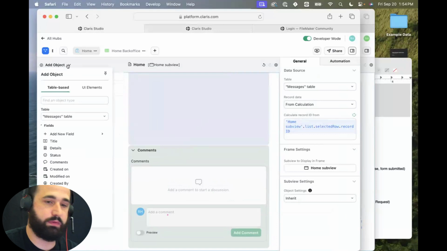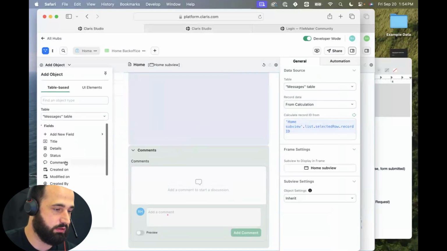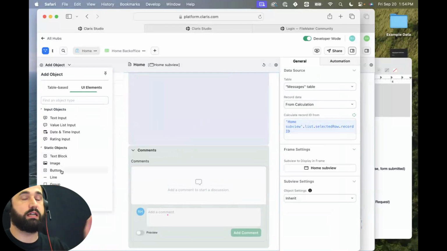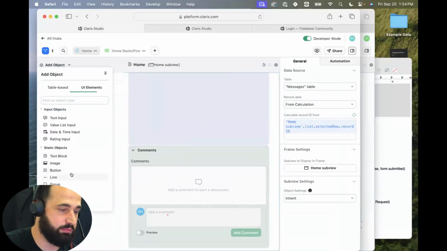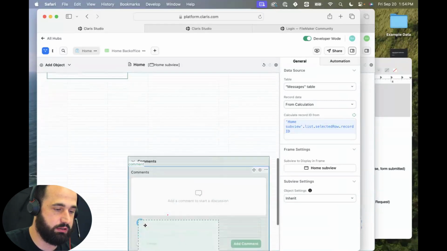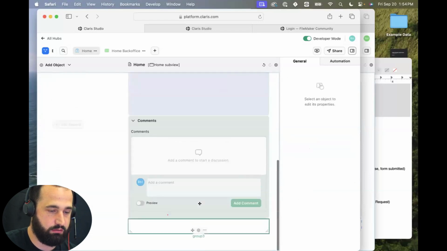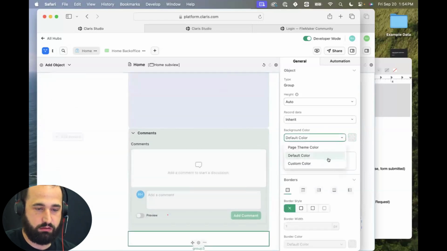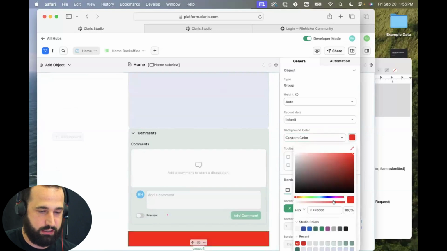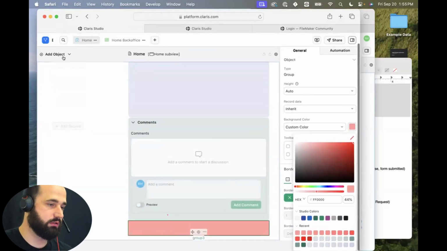Yep. All right. And then we're going to do one more group because one of the magical parts of groups is that they do take up the space when other objects are removed. That's part of their built-in logic. So now what I can do here is put another group down at the bottom, and we're going to make this maybe not that obnoxiously red, but red because it's an alert message,